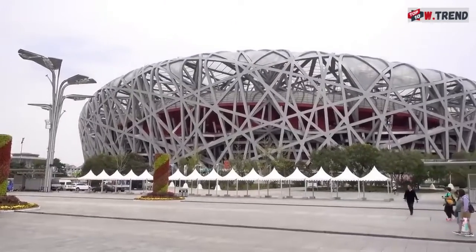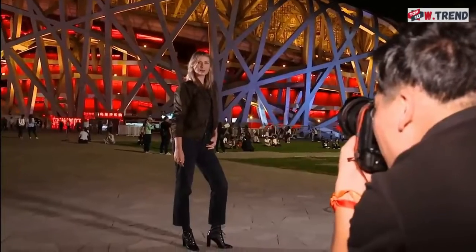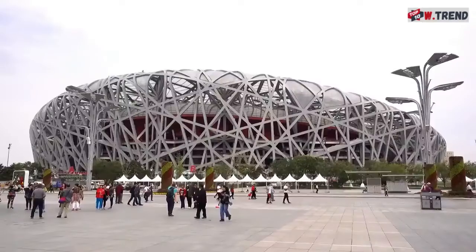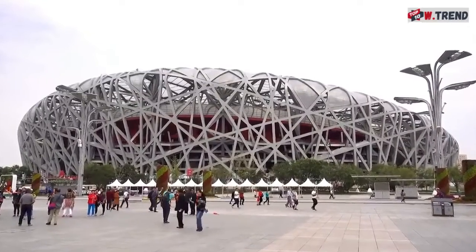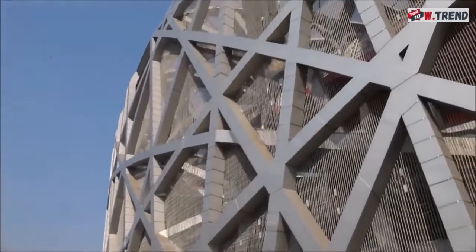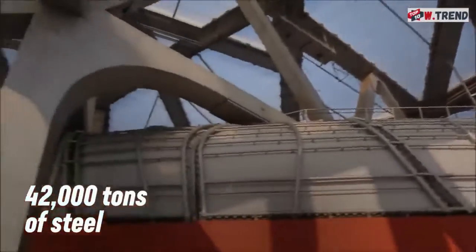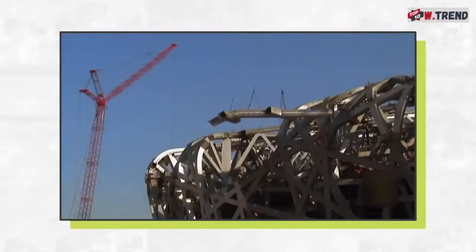Unofficial stadium nicknames sure are fun. One of the most fun is Beijing National Stadium, which almost everyone calls the Bird's Nest Stadium. It's not hard to see why. It looks almost exactly like a giant bird's nest, albeit one made out of steel instead of straw and twigs. It took 42,000 tons of steel to assemble Bird's Nest, making it the world's single largest steel structure as of